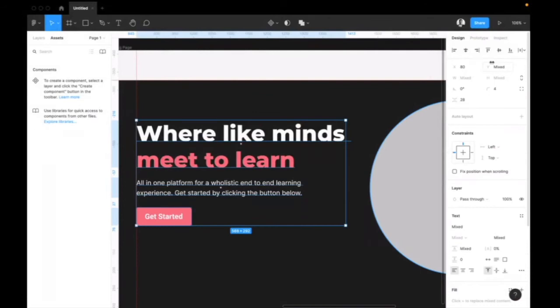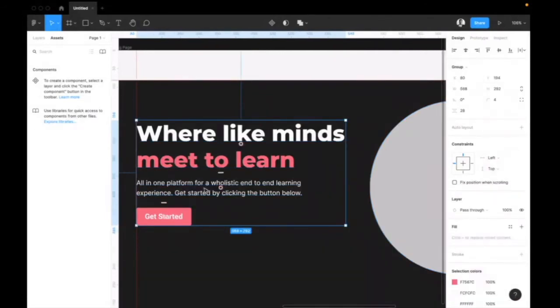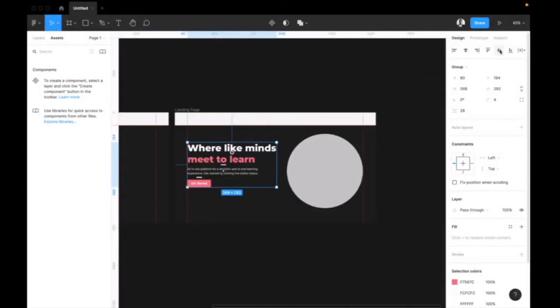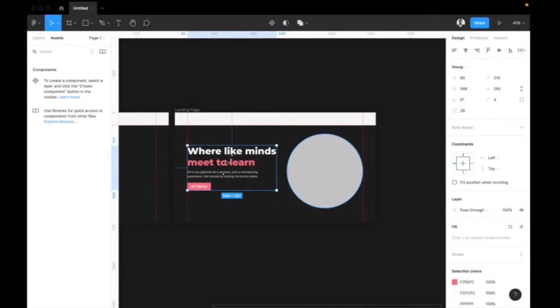And finally, I can group the item. I use Ctrl G to group, or you can just right click and group. So now we have these items grouped together. I can use this option here, which is a vertical alignment, to make sure this stays aligned on the page. Okay, so the vertical alignment is basically looking at the distance between